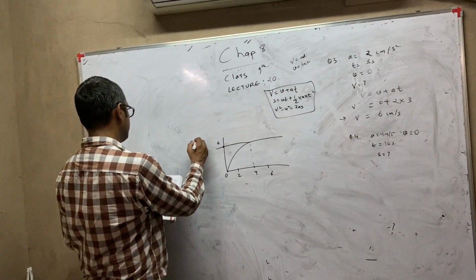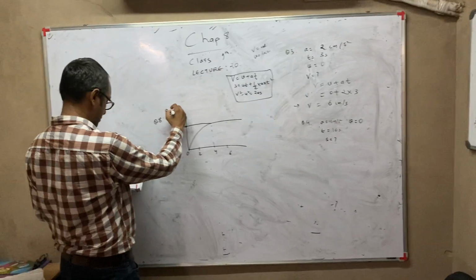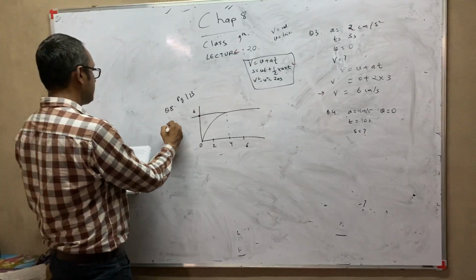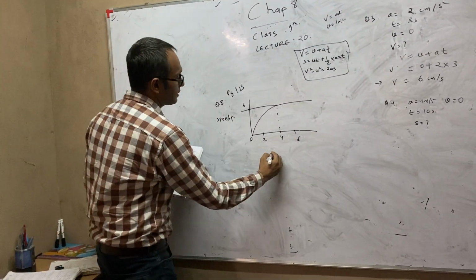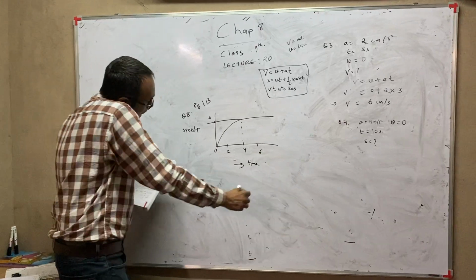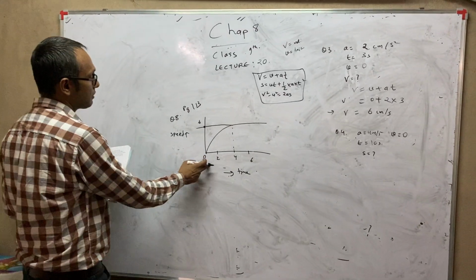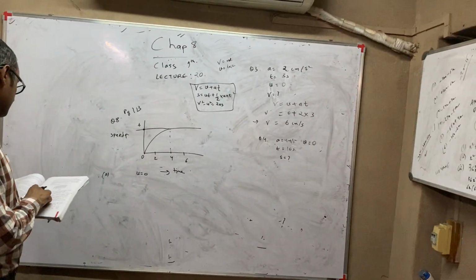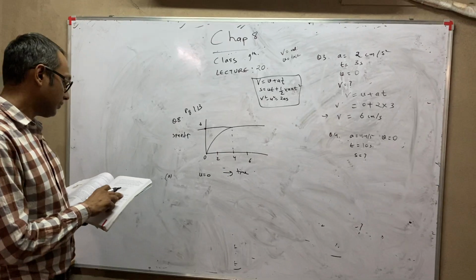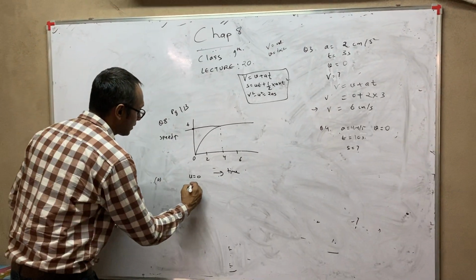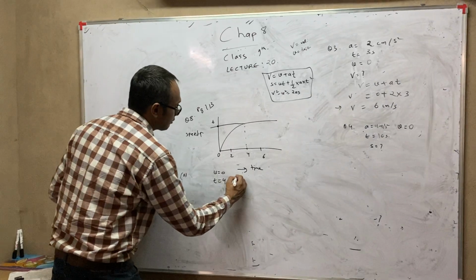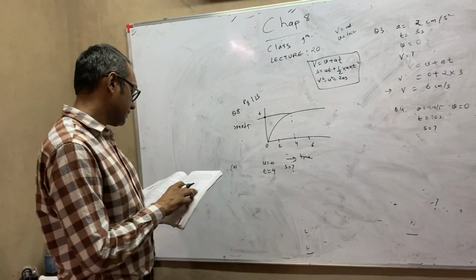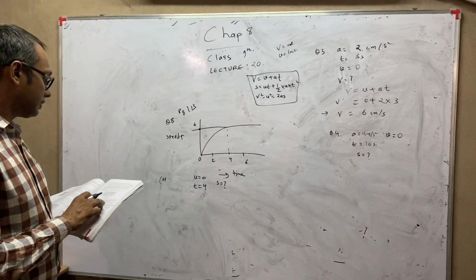Now this is question number 8 on page 113. Speed time graph. This is speed and this is time. If you see here, initial velocity. What is our initial velocity? It is obviously 0. Now the question is A. Find how far does the car travel in the first 4 seconds. So time they have given, 4 seconds. How far means they have asked you to find S. Shade the area on the graph that represents the distance traveled by the car during this period.